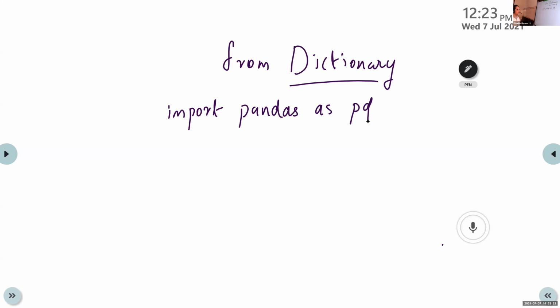Then I want to create a series using the dictionary. We can use that same dictionary, A:1, 2, just like that. S1 is the series name. S1 is equal to pd.Series, within round bracket, within curly bracket, write A colon 1,